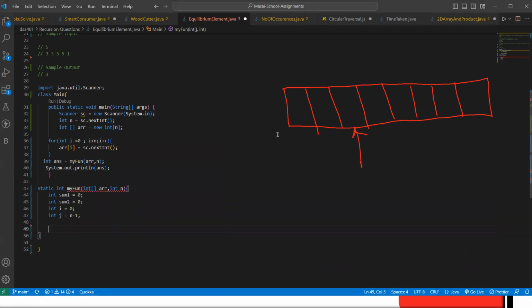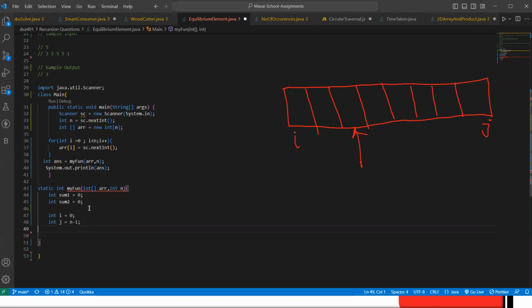These are the two pointers. i is lying at this position, and at this position our j is present. So guys, these two pointers are created for iterating over our whole array.